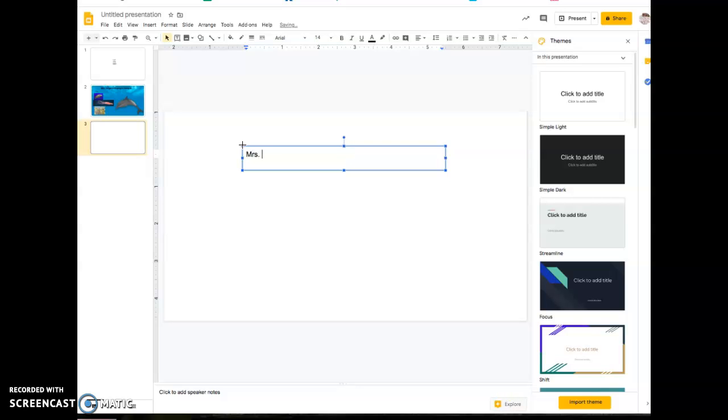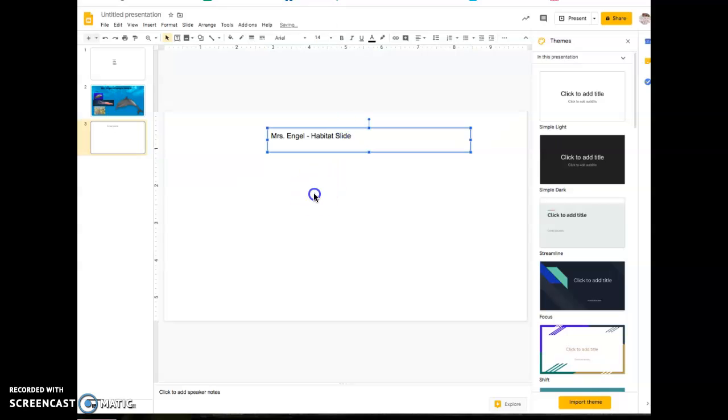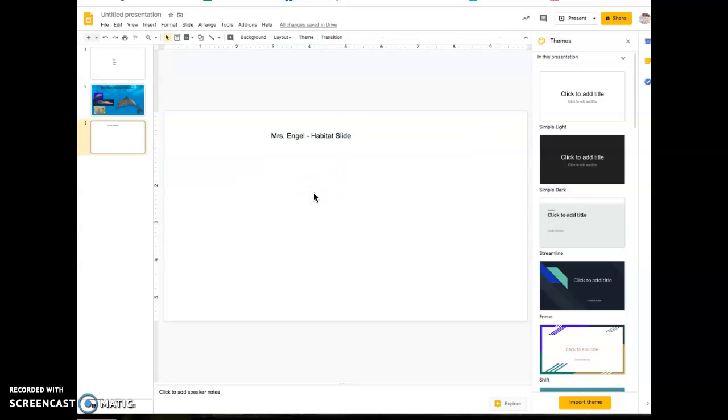So I'm going to say Mrs. Engel. Then I'm going to put a dash, habitat slide. All right, I'm going to move that up here, and I'm not going to worry about changing the text size or anything just yet. So I'm going to first